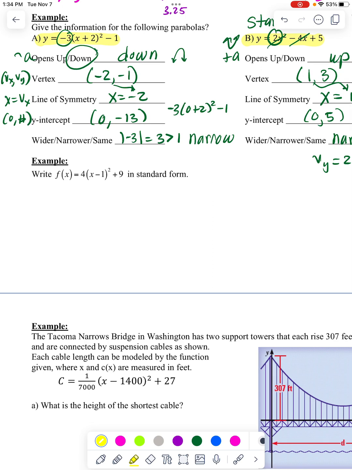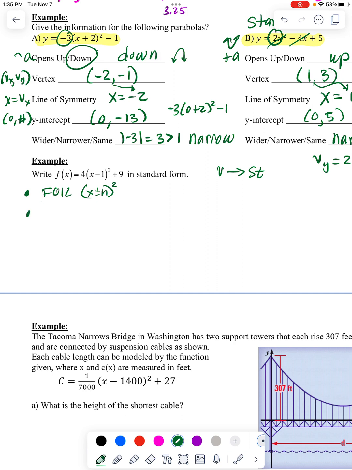So how do you go back and forth? Basically, we're just going to do a little bit of algebra and say, hey, what do I need to do? Here are the steps that usually are going to get us from vertex to standard. First, you're going to FOIL the parentheses squared part,